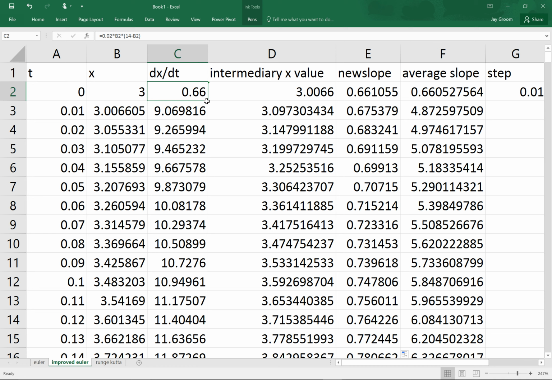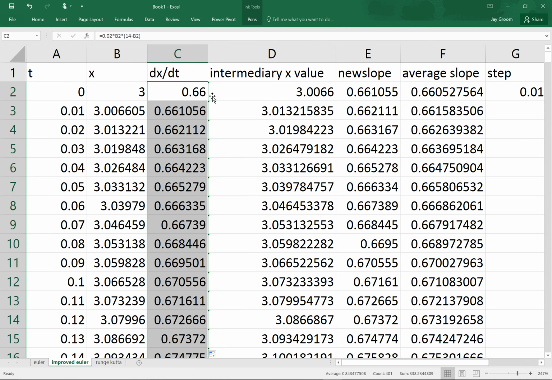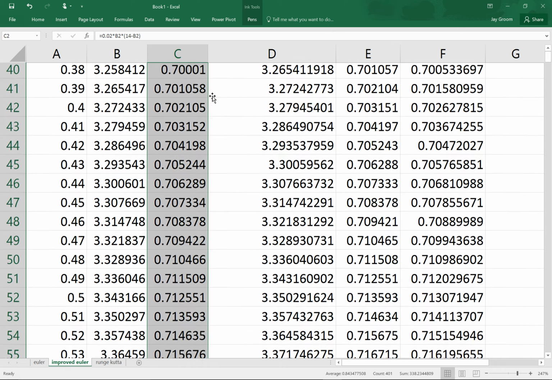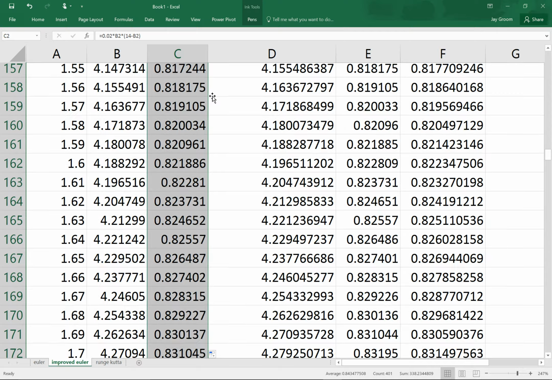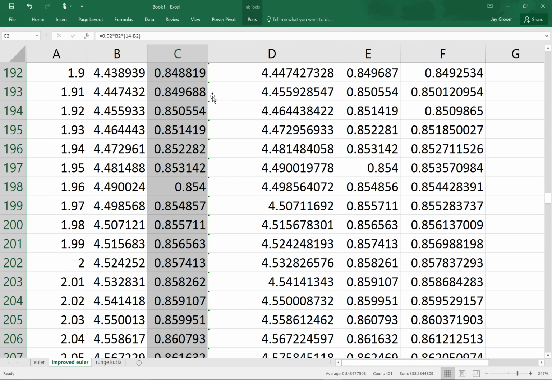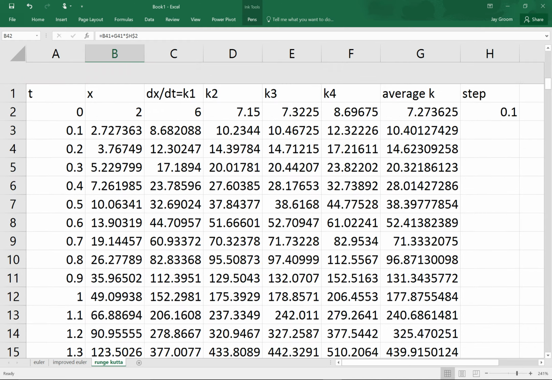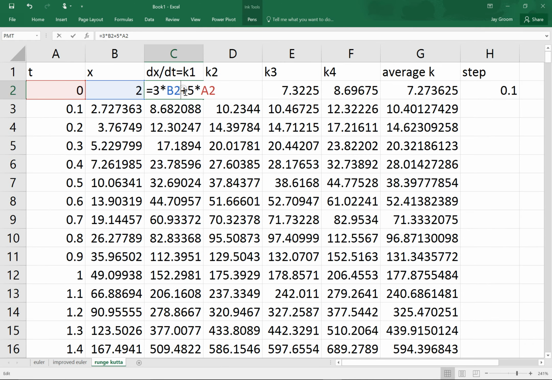Did I copy this one down? I don't think I did. Voila. Now everything should be updated, and away we go. And down here at 2, we should see that we are sitting at 4.52, which is pretty good. This one, of course, is going to take a little more doing because I have to change a bunch of